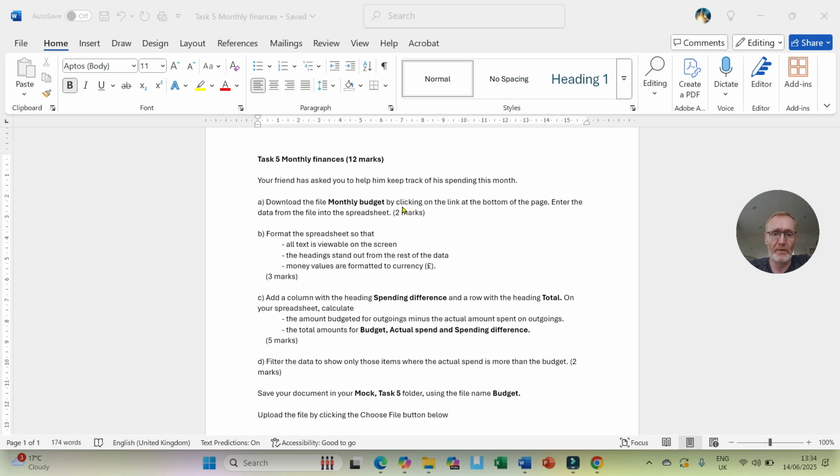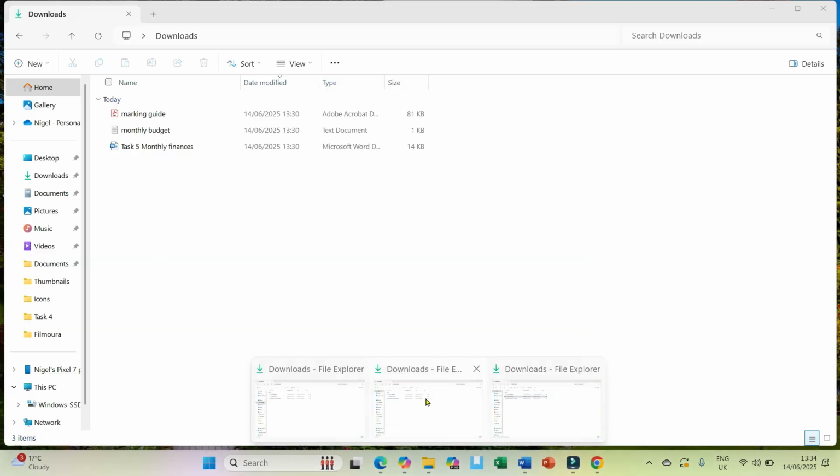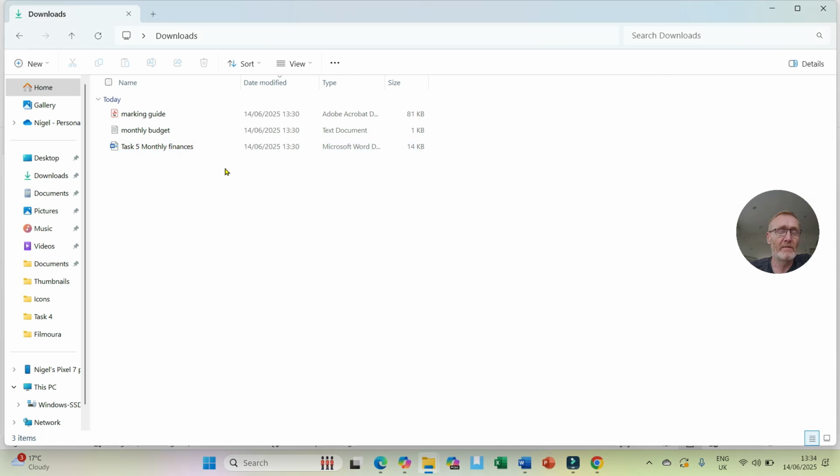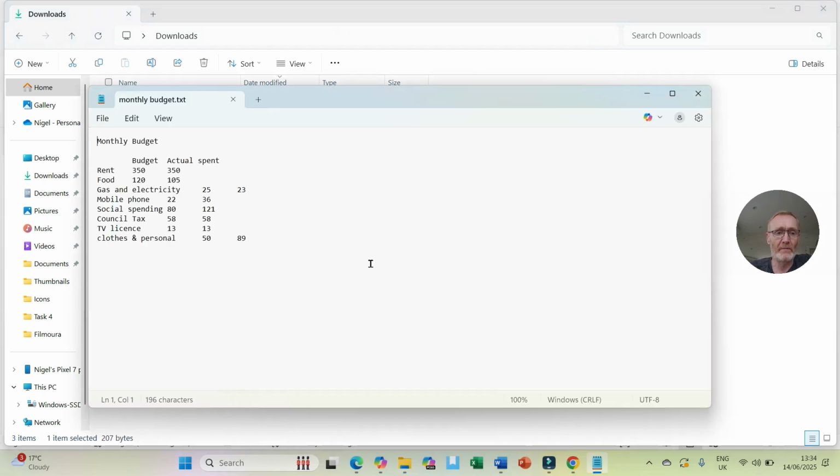Download the file monthly budget by clicking on the link at the bottom of the page. Enter the data from the file into a spreadsheet. So let's have a look at that. So I've downloaded the file monthly budget, and it comes up with this, and we'll be able to see that when we copy it in, we may have to do some bits with it because it's not really lined up